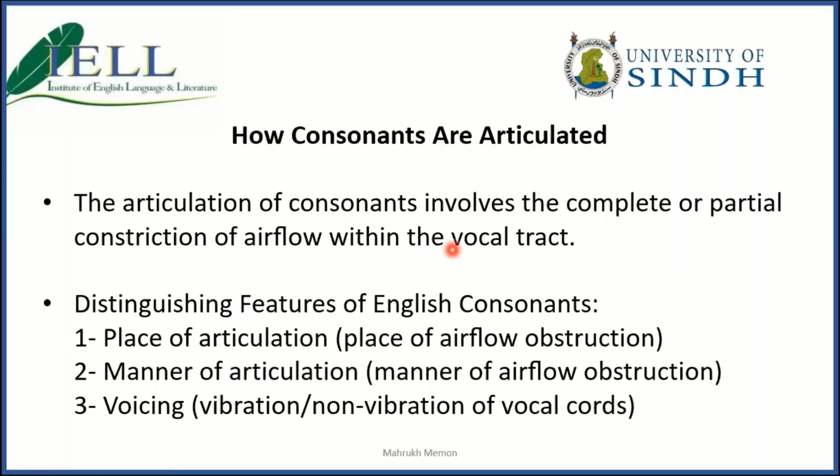In the previous lecture, when we were distinguishing between a consonant and a vowel, we talked about this, that a consonant involves complete or partial constriction of airflow within the vocal tract. Okay, so when vowels are produced, there is no constriction of air within the tract. But when consonants are produced, there is a little bit of obstruction of air in our vocal tract. We will be talking about what the vocal tract is and where it starts and ends. But generally, it is the mouth and the throat where the sound is produced. And in all those organs that are involved in the vocal tract, at some place there is a constriction